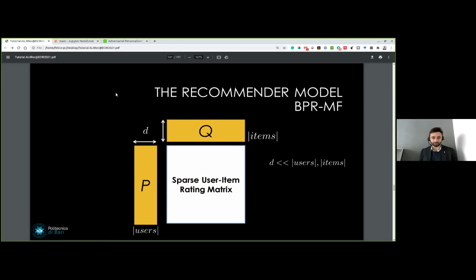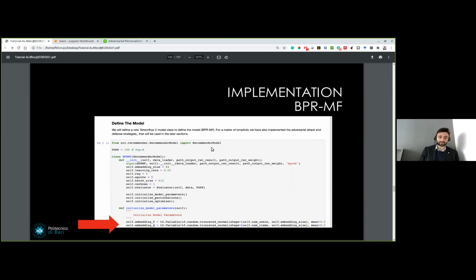BPRMF, as I told you before, is a technique used to learn the user and item embeddings of a matrix factorization model. For simplicity, we call capital P the low-rank matrix of users learned from the matrix factorization decomposition, and capital Q the matrix of items. And in this case, it is interesting to observe that the same